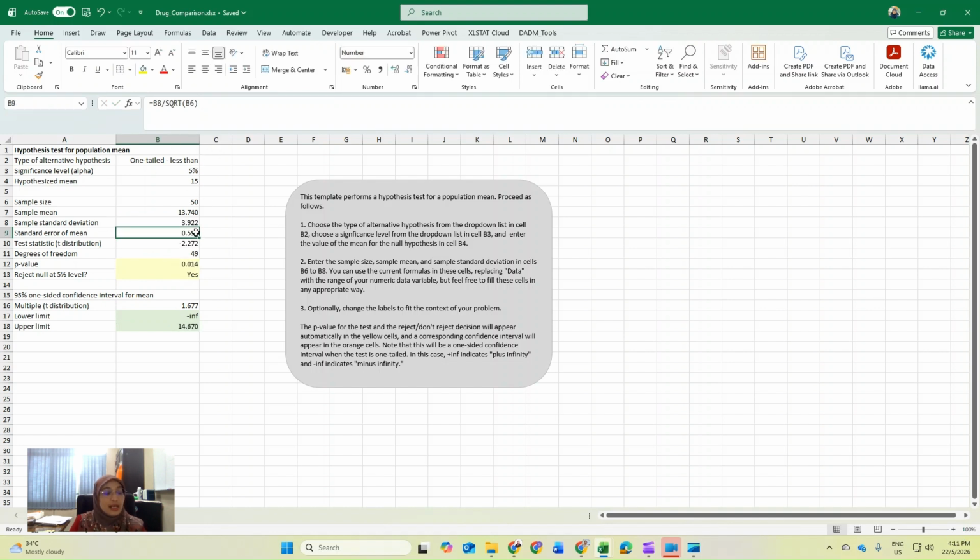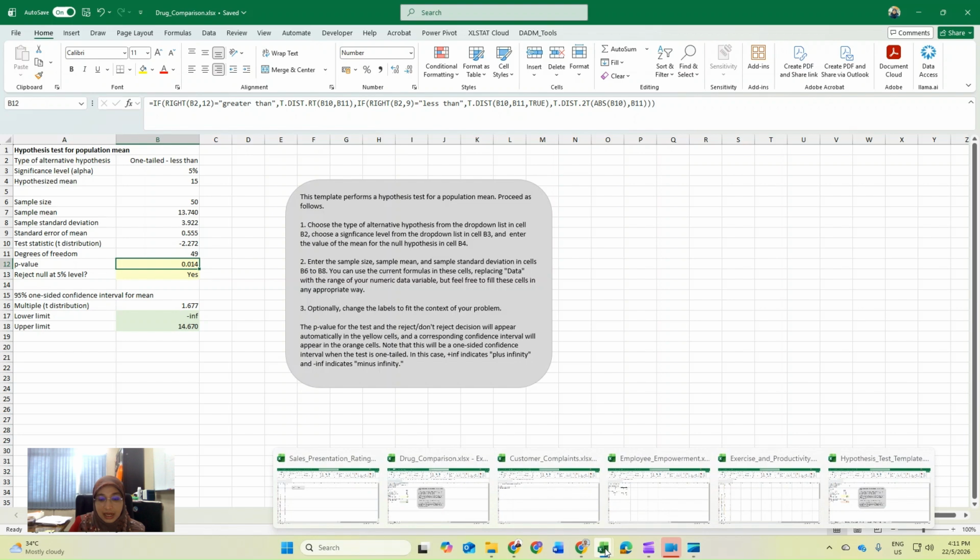Enter, so update. Then automatically the others will follow. Then you can see you will get the result here: reject the null hypothesis. Then you can make a conclusion, like I explained in the class. So this is one comparison, one mean.